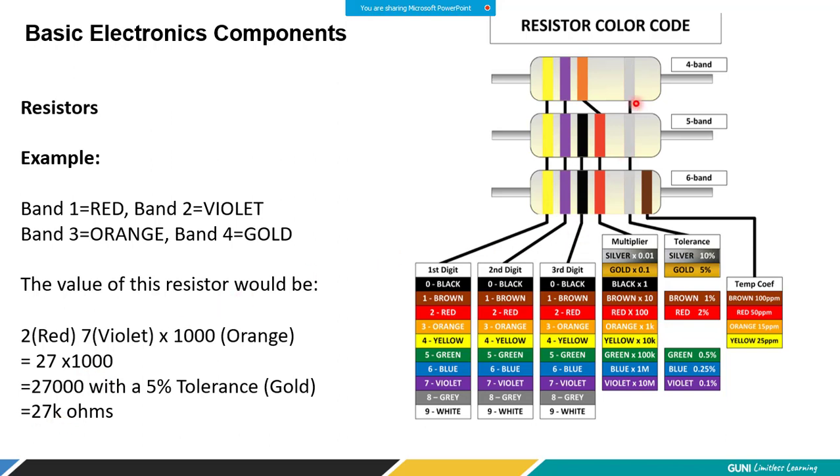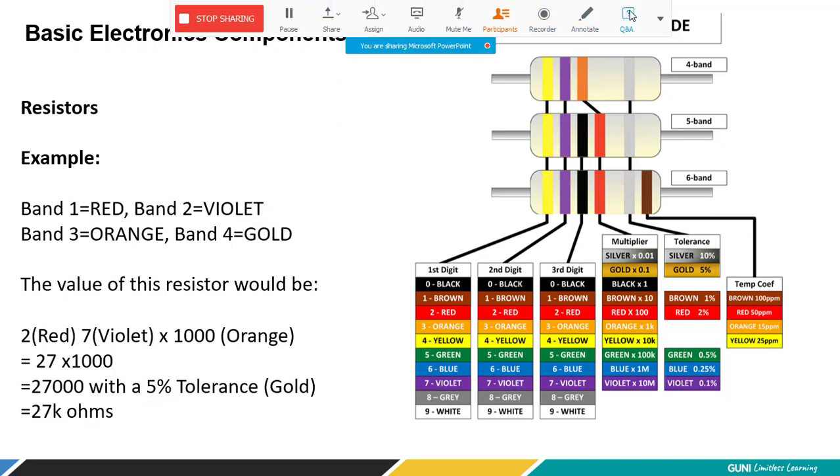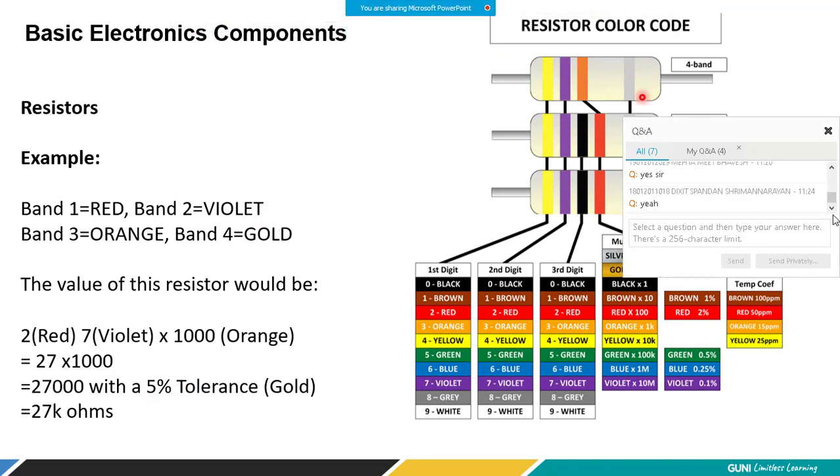And when you have the fourth band, and let's say the fourth band is gold, you have a tolerance of 5% for gold. If it is silver, it's going to be 10%. When we say tolerance, it is actually the kind of error that it may have and can handle, right? So with 5% tolerance, my resistor value can be anywhere from 27k minus 5% to 27k plus 5% of that 27k, and that would be the range you will get out of that resistor. So that's the tolerance, right? I hope you are able to understand this calculation. Any doubt? Let me know. Any doubt in this calculation?